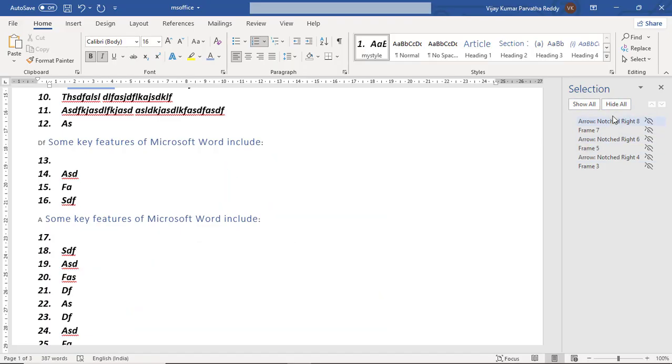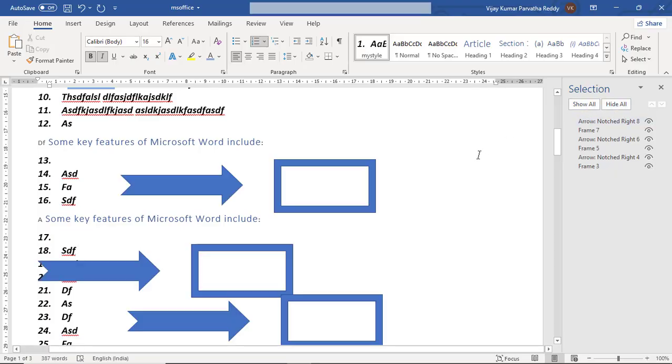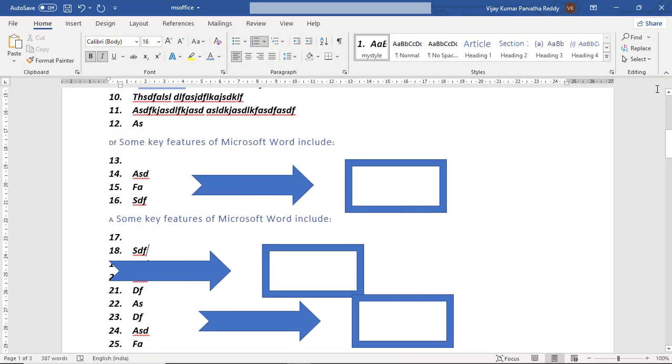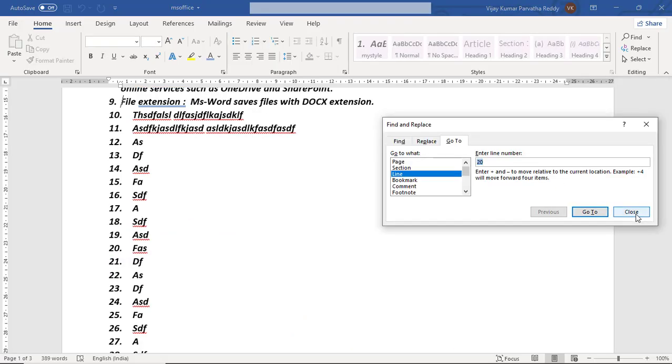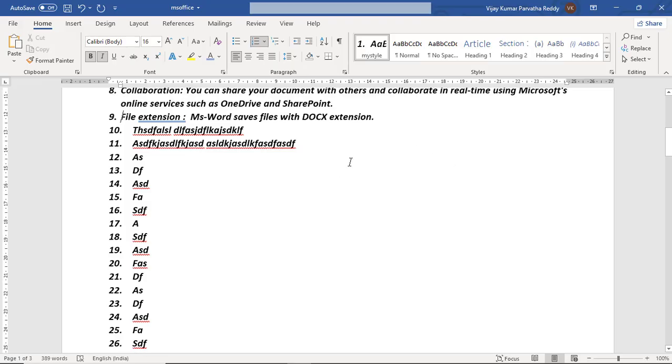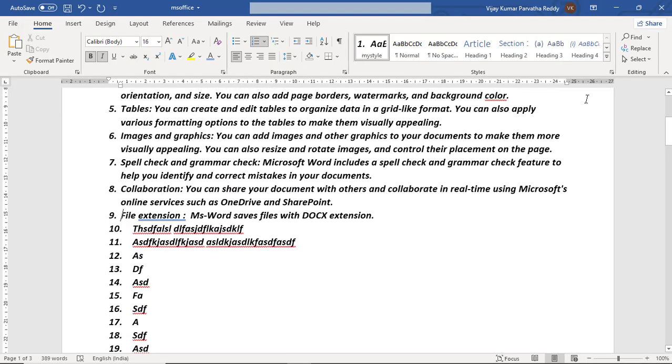All these options are hidden, and if you want to show, Show All. So like this you can apply the selection option in the Editing tab. So like that we can use Find, Replace, Select. Okay,